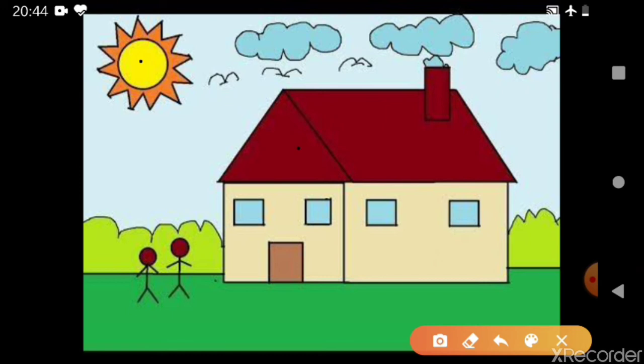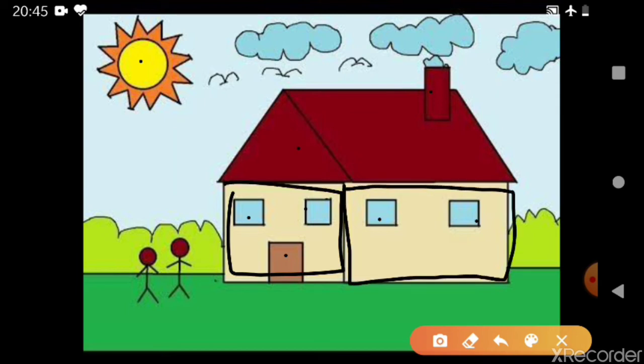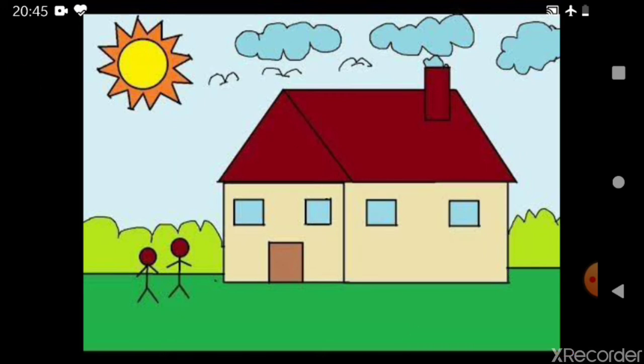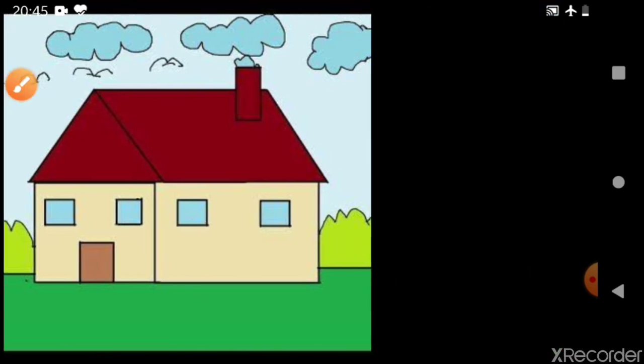This is like a shape having four sides. Then this is a rectangle. 1, 2, 3, 4. 4 squares are there. Then one rectangle is there. Then this entire shape is a square. This shape is a rectangle. Then figures are there, 2 circles, and these are the lines. So these are all different kinds of shapes. So if you see, you will find shapes all around you.